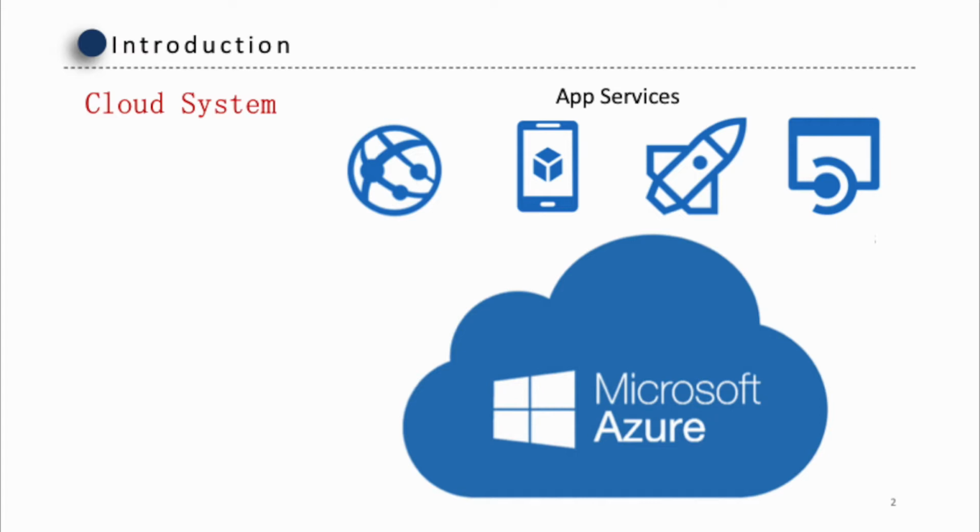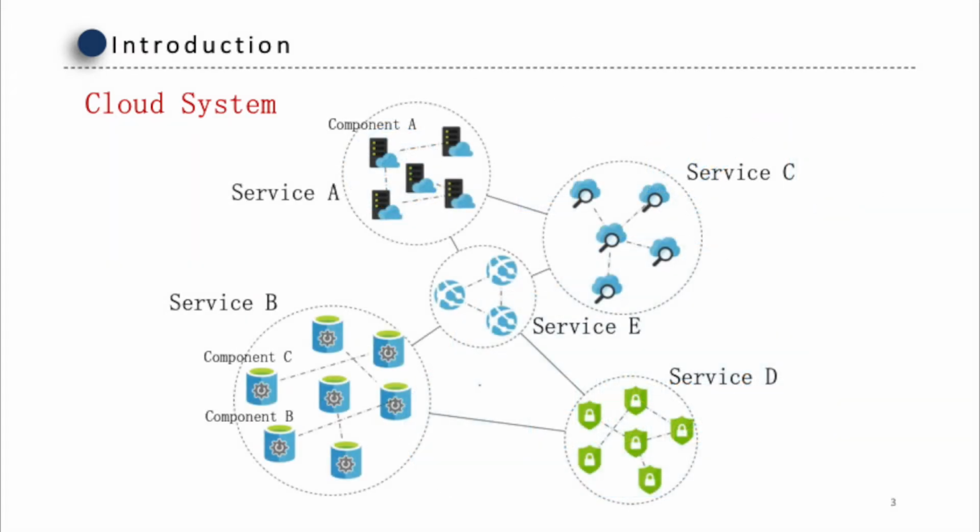So let's first look at the cloud system structure. In general, a cloud system is always composed of many services and many components. For example, the figure above illustrates that there are 5 services in total in a cloud system. Services are divided by different functions. For example, Service A may be in charge of data source management, Service B may relate to routing services,